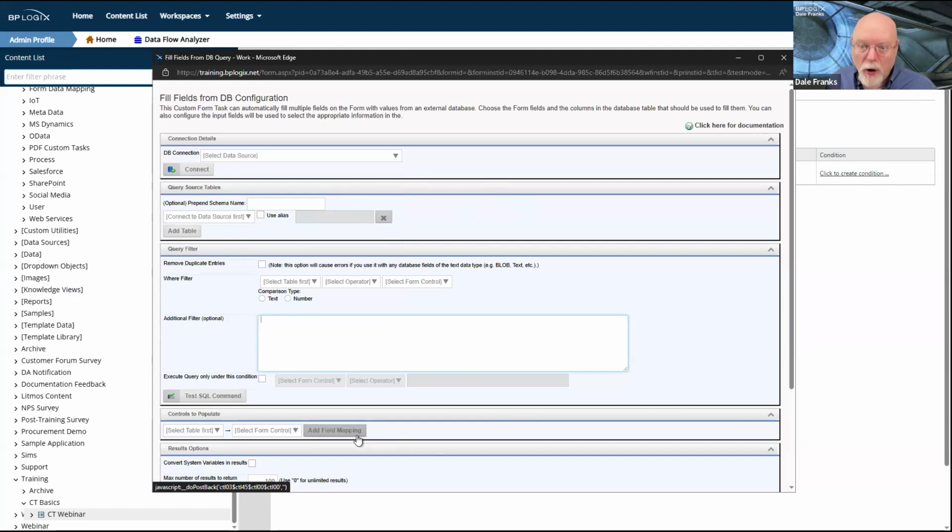Gets super old to have to redo this every time. Oh, and by the way, if I need to do this twice on the same form in two different events, I have to run this custom task twice in that form to make that happen, which means I have to configure it two times separately. There's no copying the configuration from one CT to another. It all has to be done independently.